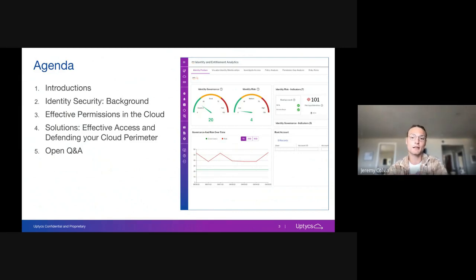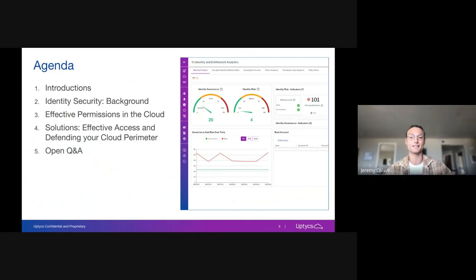First, we want to get everyone on the same page. What exactly are the challenges for identity in the cloud? What does this mean for your environment? What's the background? Why are people interested in the identity space, and what are the complexities around cloud identity? Next, we want to build on that foundation and move into what effective access actually is. What are the actual, tangible, and discrete aspects of identity security in the cloud that are causing pain points, and where is this friction coming from? Where can we start thinking about solutions?